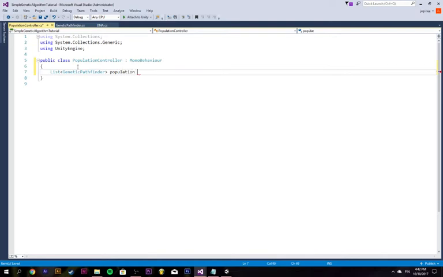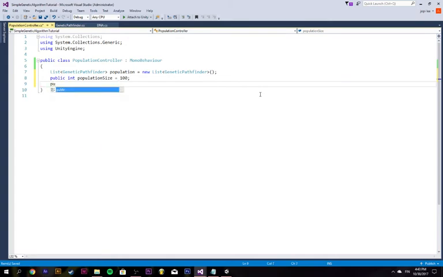Population will be equal to new List<GeneticPathfinder>. And then we'll have a public integer called population size. That will equal a default of like 100, and then like public